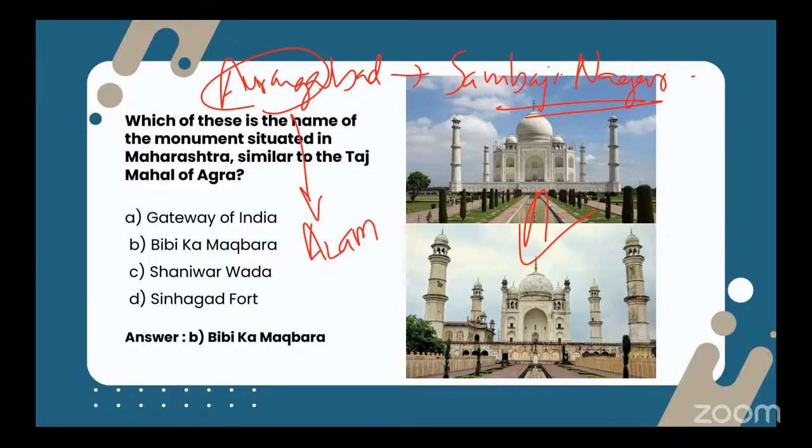This monument is sometimes related to Aurangzeb himself, but still we can say that Azam Shah, who was Aurangzeb's son, based on his compulsion, constructed this in memory of Azam Shah's mother, Aurangzeb's wife, Dilras Banu Begum. So this is basically a mausoleum. Even the Taj Mahal is also a mausoleum. It was the mausoleum of Shah Jahan's wife, Mumtaz Mahal.